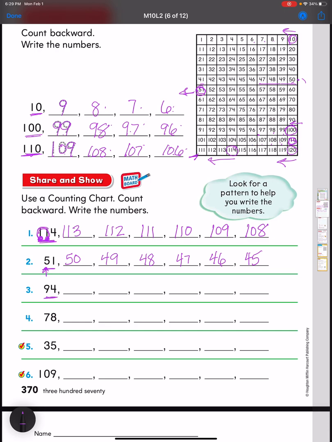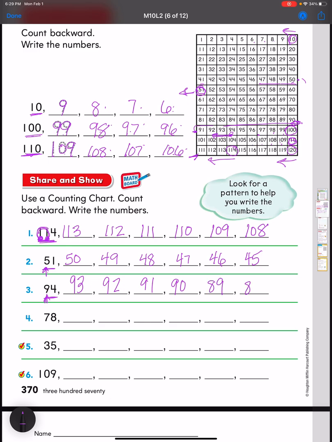And then 94. So I'm going to look for my rows with the 90s. Here it is. And I go over until I see 94. We're going this way. We're decreasing by 1. So what's before 94? 93, 92, 91, 90. And so I got to here, and I have to remember when I got to the end of this row, I go all the way back here and go this way. So 90,